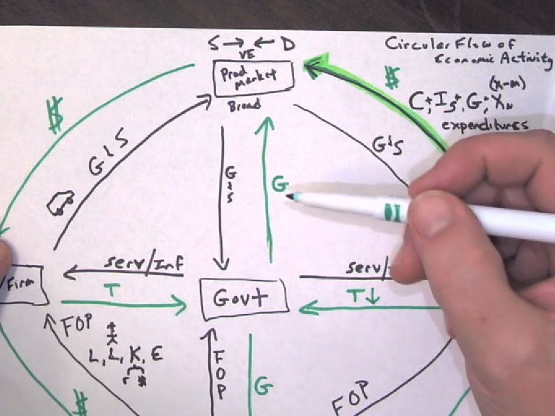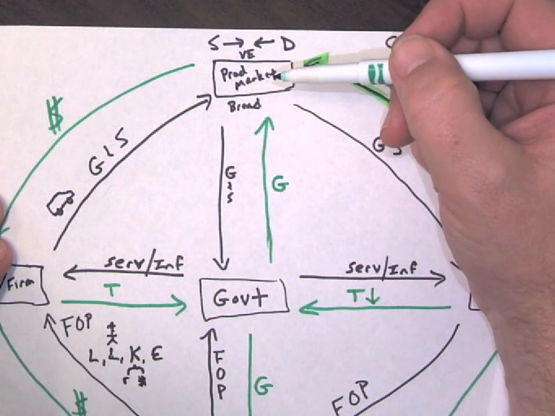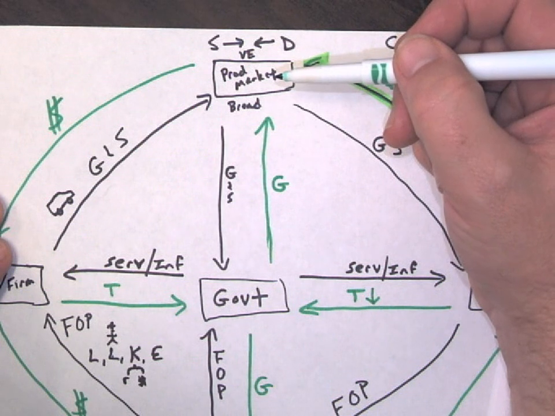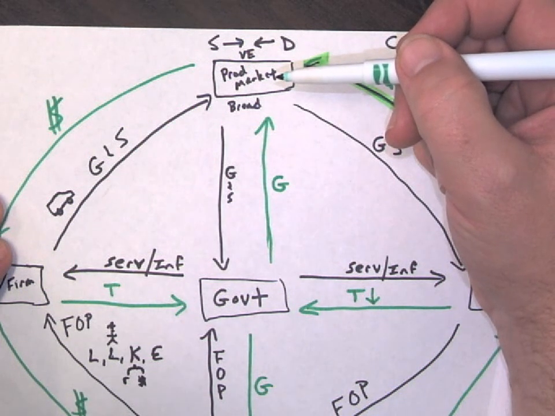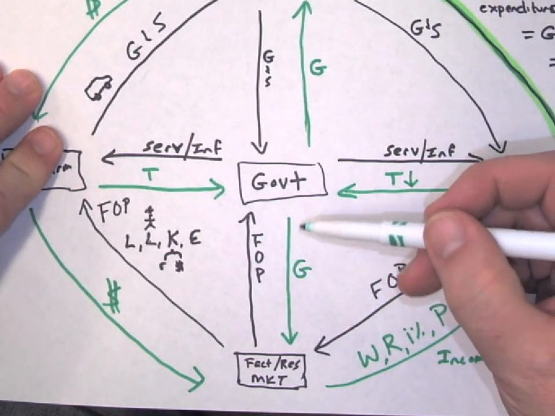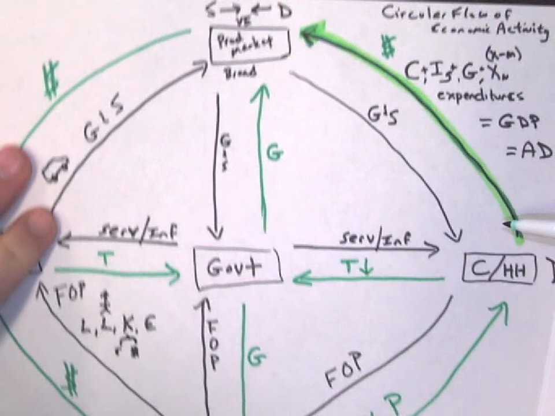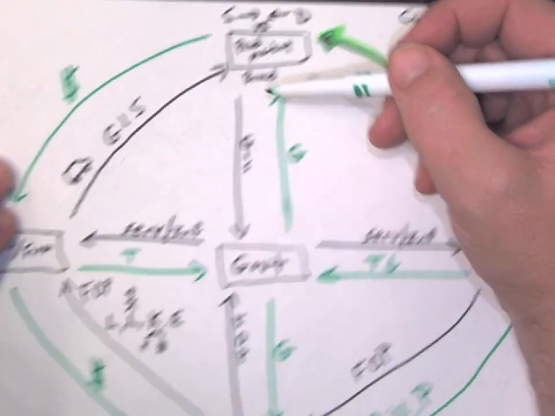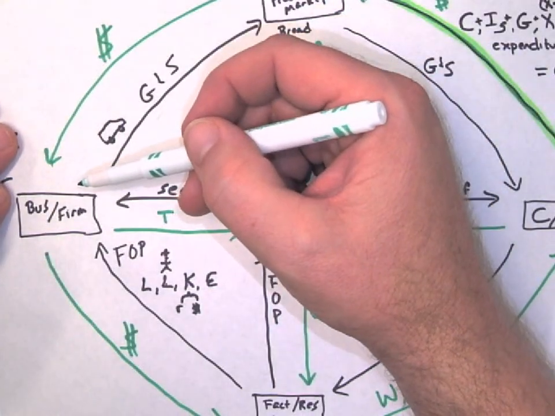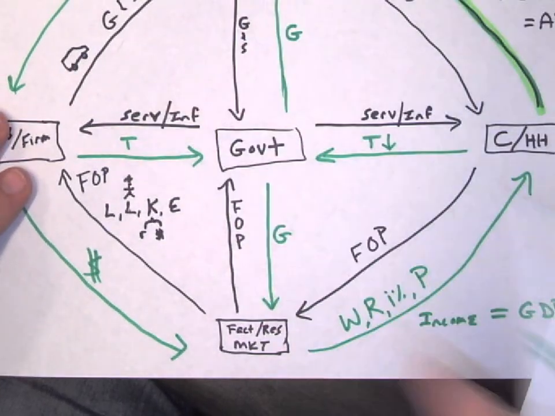So government spending, if we look over here, if our government goes and spends in the product market, say they buy a bunch of concrete to build a sidewalk in Denton, Texas, then that person who built the sidewalk gets paid. They get paid in the form of wages. The government spending goes here. They pay wages here, and consumers get that. What do they do? They go to the grocery store. Then they buy bread from Mrs. Baird's, and Mrs. Baird's buys wheat from the farmer, and the whole thing starts to go again.